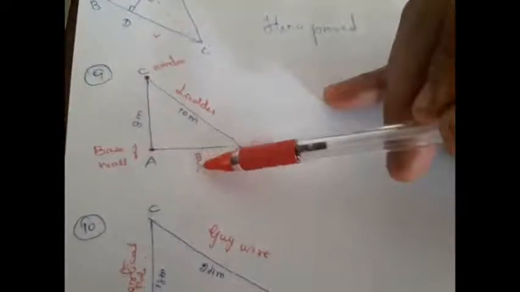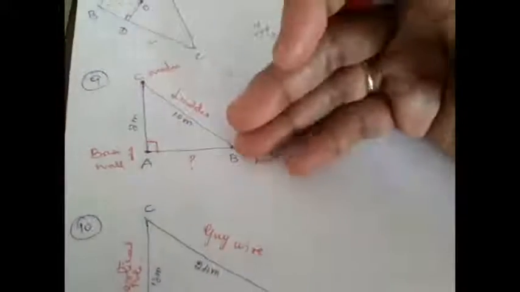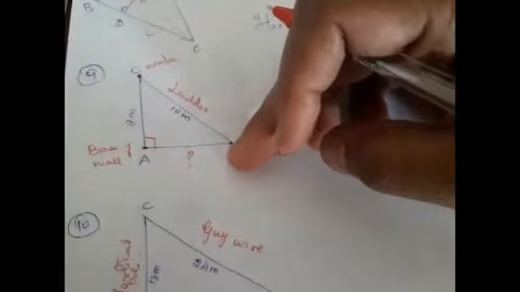So they asked you to find this, and it is clearly seen this is 90 degree, right? Use Pythagoras theorem. We know hypotenuse square is equal to the sum of the squares of the other two sides. Therefore, easily you can find what is AB, right? I am leaving this problem to you. The next question is also in the same way.